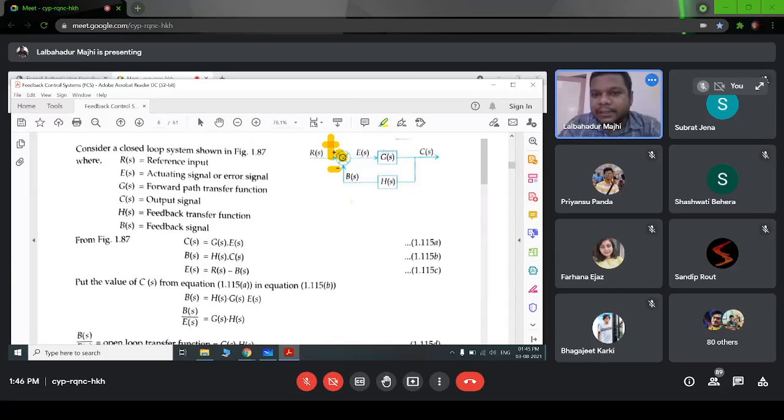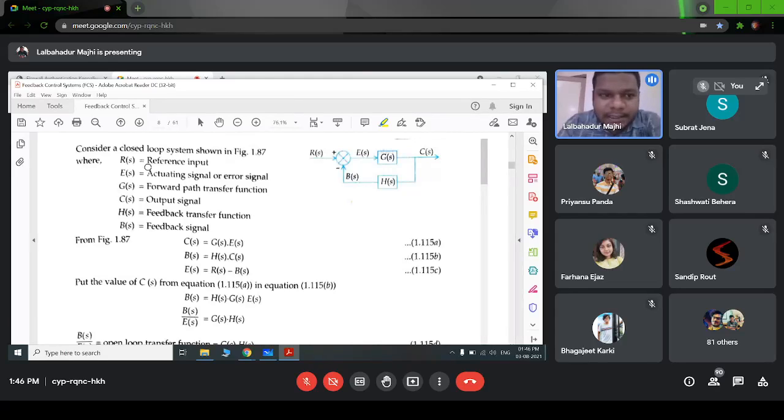As we can see in the summing point, there is a cross symbol, right? We can represent it with a cross symbol or not, it depends on you. But this positive and negative notation you have to use for the positive and negative feedback path, or subtraction or addition. So let's see, these are the basics of a block diagram.